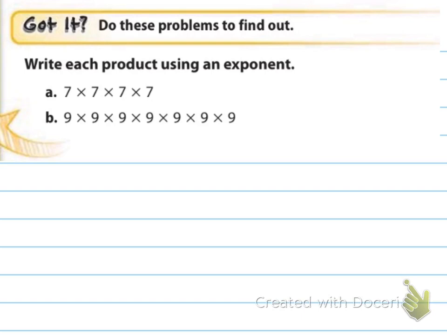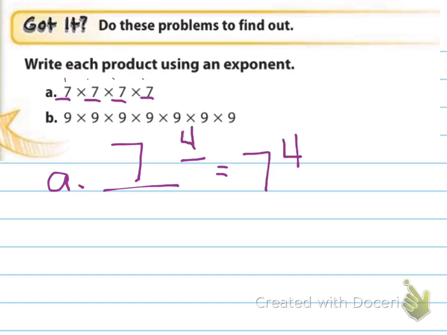Okay, so it says to write each product using an exponent. A says 7 times 7 times 7 times 7. And so the first thing, remember, that we need to do is find the base and then the power. So the base here is going to be the 7s. It's the number that's repeated in the multiplication problem. And the exponent is going to be how many times that occurred. And so your answer for A should be 7 to the 4th power, which again does not mean 7 times 4,